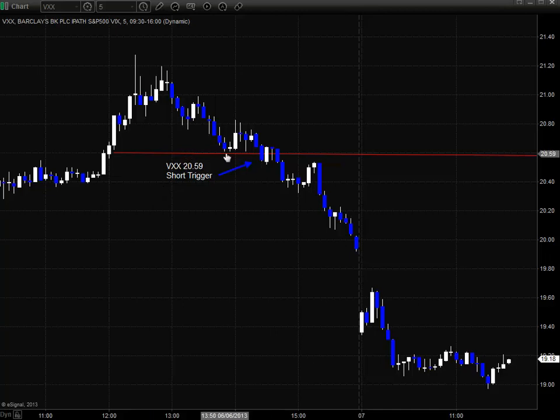So we set 2059 as a short trigger, which would be a break under this little pivot here. This is where we had this initial move to the downside and then this little bump to the upside. So what we were trying to do was right after the heart of lunchtime, this is lunchtime here, 12 to about 2 o'clock. So just coming out of lunchtime at 2 o'clock, getting back into the prime time